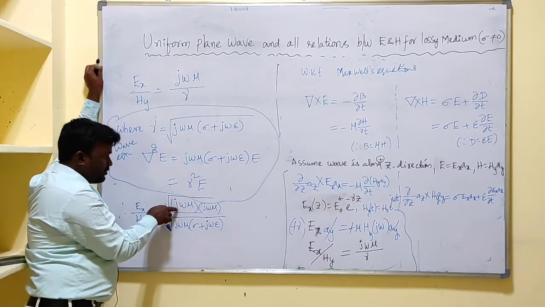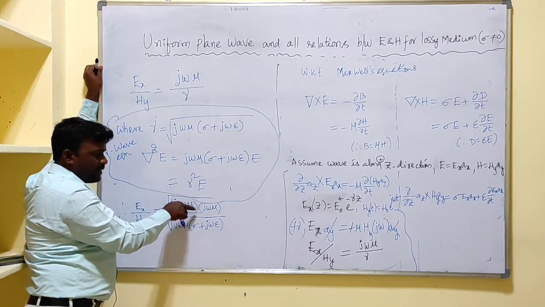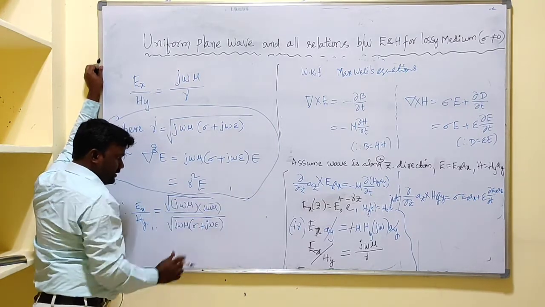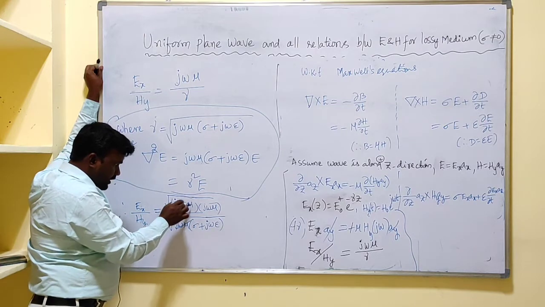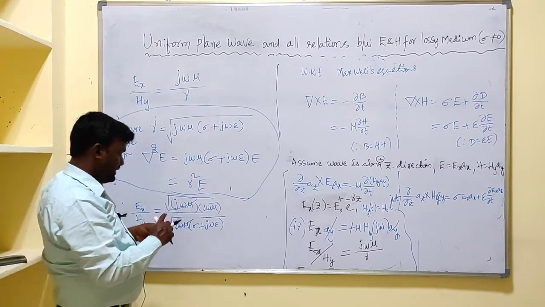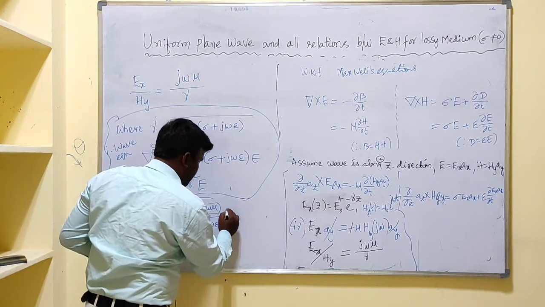So j omega mu can be written as under root j omega mu whole square. This root j omega mu cancels out, and finally we have,